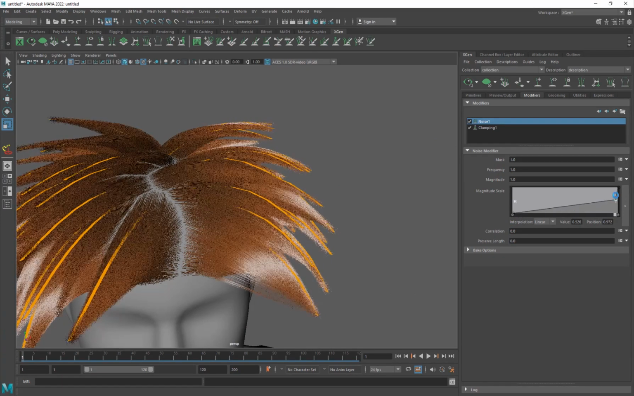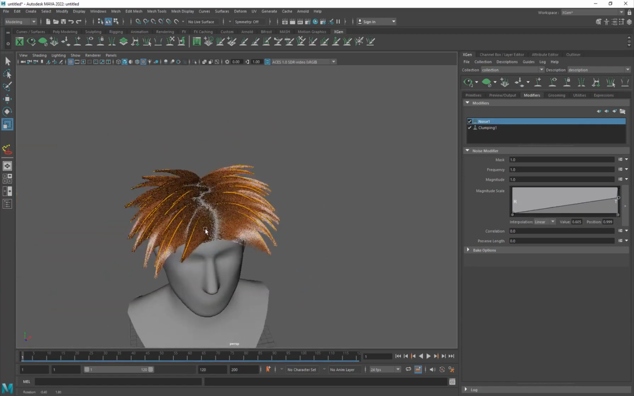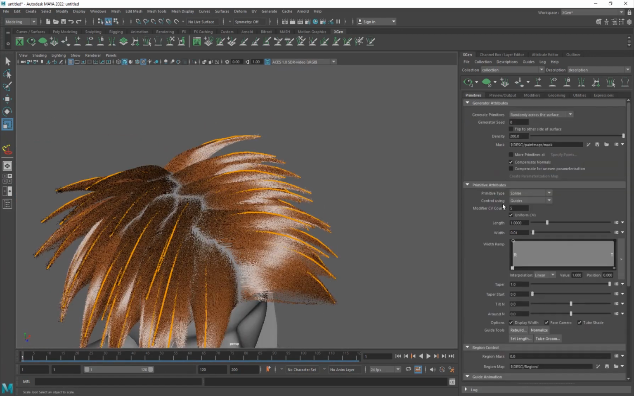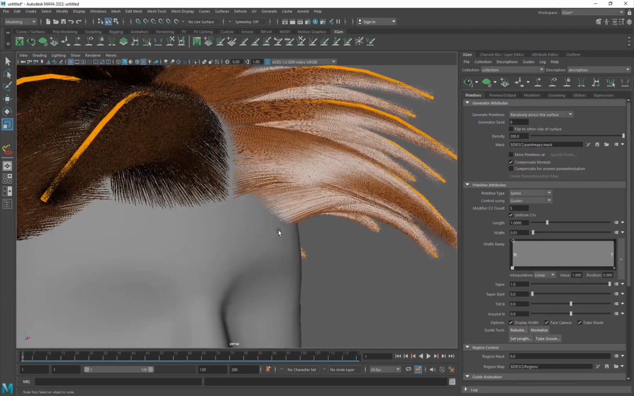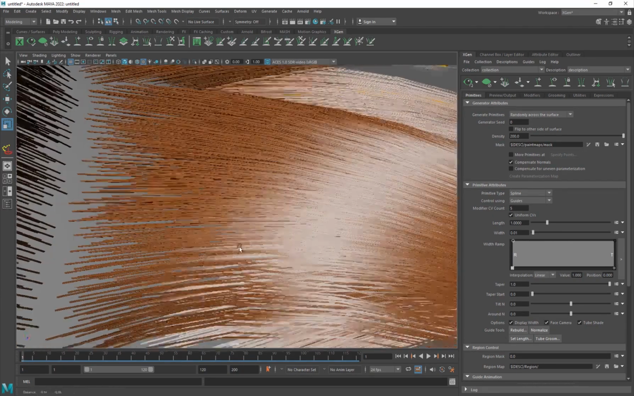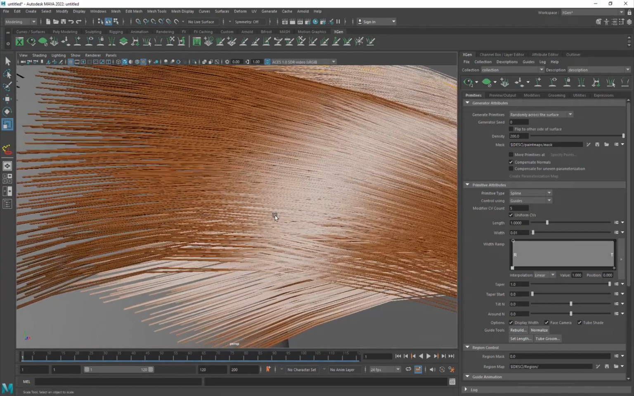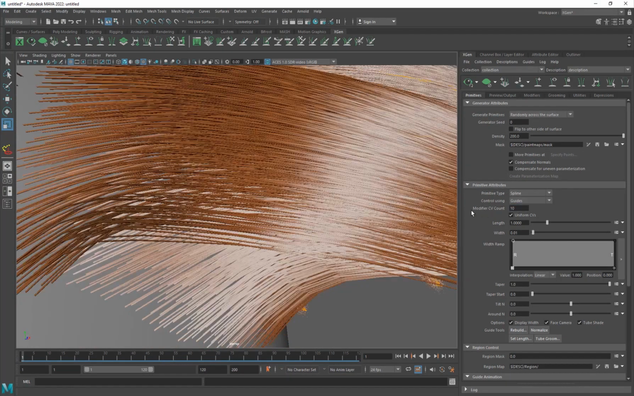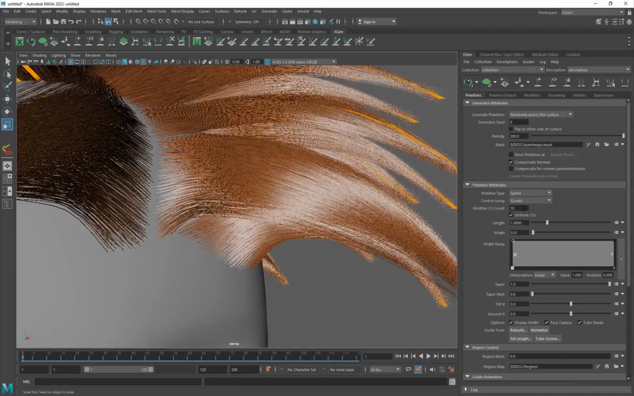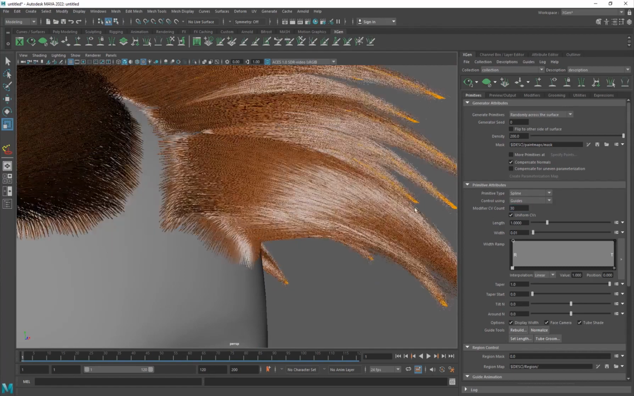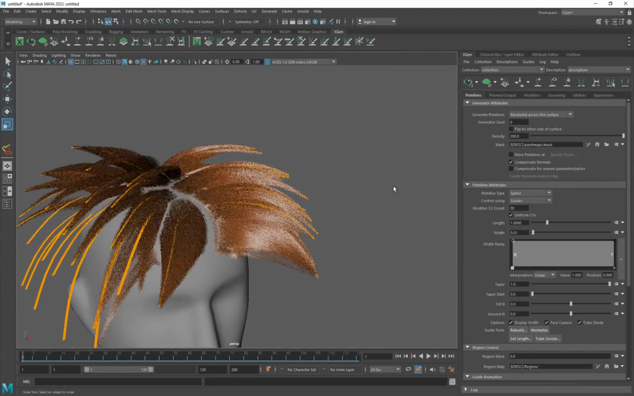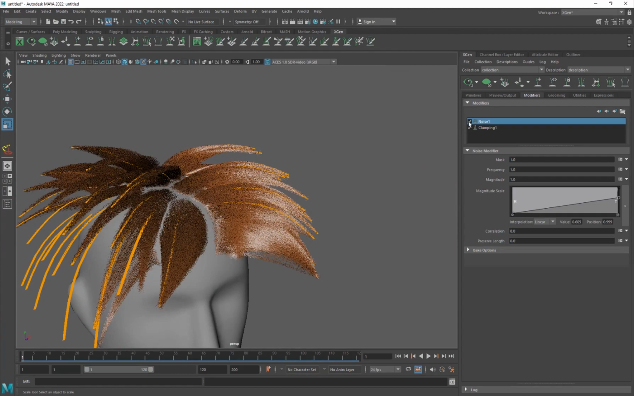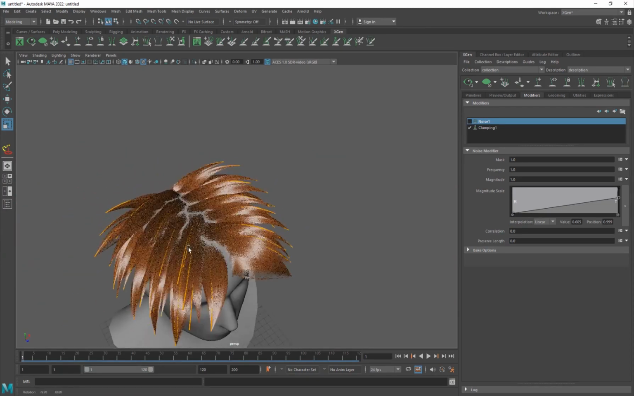But the point I'm making is that you can basically go into the primitives and then the modifier CV count. If you look closely here, you can see some breaking happening in the hair. So the more you increase it, the smoother the hair is going to be, but it's going to take a bit of time. So make it like 30, and you're going to have a lot smoother hair. So I'm just going to turn off the noise here,